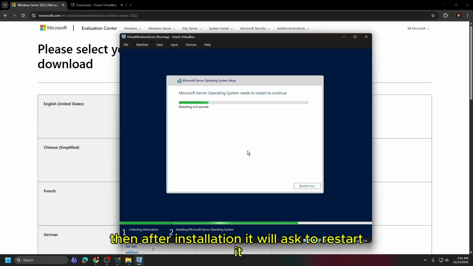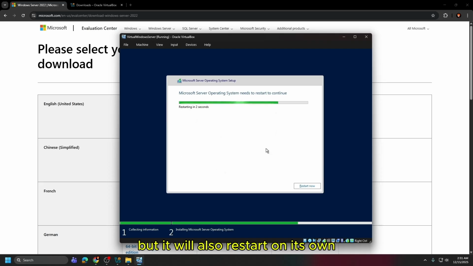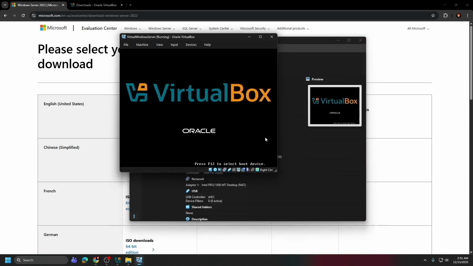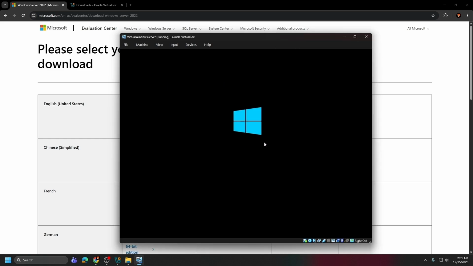Then after installation, it will ask to restart, but it will also restart on its own. As you can see here, it's getting ready. It might take a while, so I'm just going to skip this part.